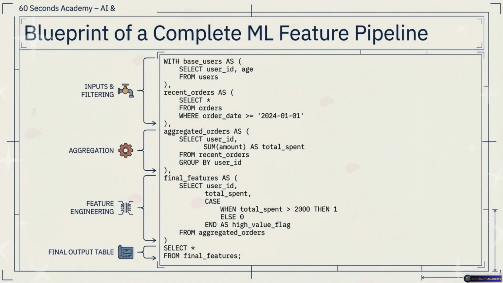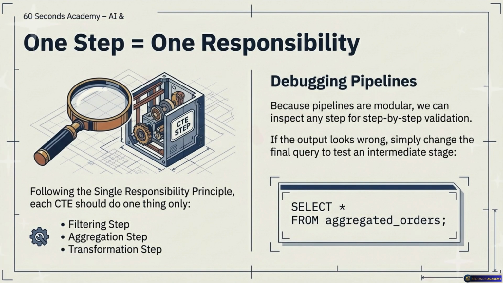So is a CTE basically like setting up distinct workstations in a commercial kitchen? Oh, I like that. Yeah, like station 1 only chops the vegetables, station 2 only boils the pasta, station 3 only makes the sauce, and they just pass the ingredients down the line to each other until the final dish is plated. That is a brilliant way to picture the isolation of tasks. And the reason we do it this way brings us to a core engineering philosophy, which is the single responsibility principle. The single responsibility principle. Right. Each CTE should do one thing and one thing only. If a CTE is filtering out users who haven't logged in recently, it should not also be trying to calculate their average purchase value. Keep the chopper chopping and the boiler boiling.